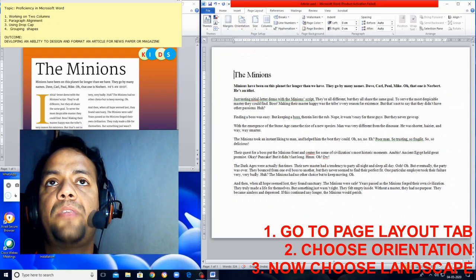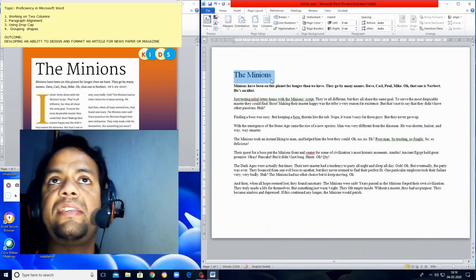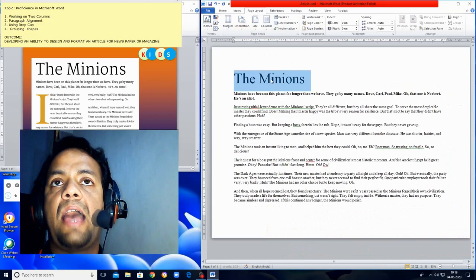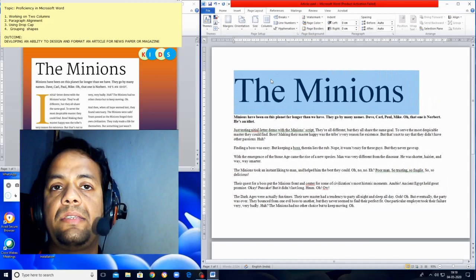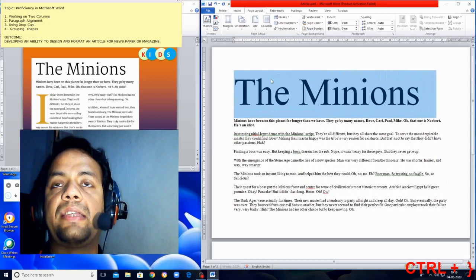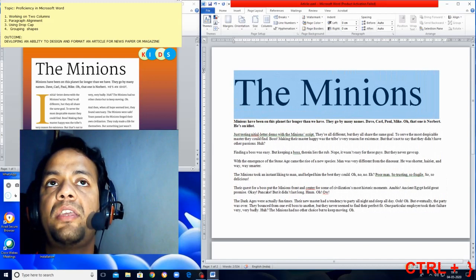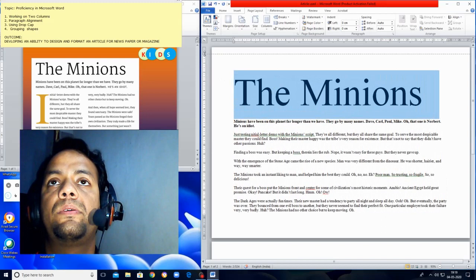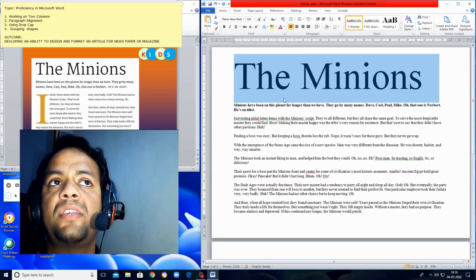After converting your page into landscape form, now I need to deal with the top heading which I have selected in the screen, because in the output screen it's supposed to be very bigger. So I'm just increasing its font size, right? And you know the shortcut key is control plus brackets, right? Control plus brackets. So this is a shortcut key which you can use. If you are not comfortable with the shortcut key, you can also use the font option which is available here. So you can set the font as you want to set. Okay, so I have used this.